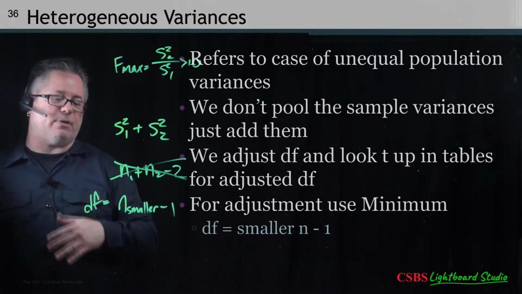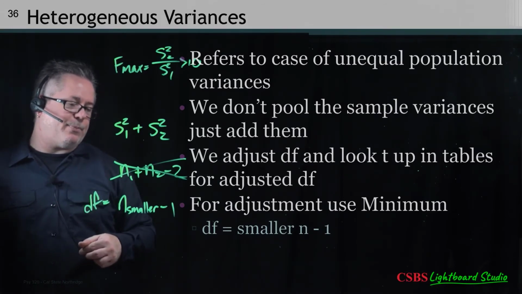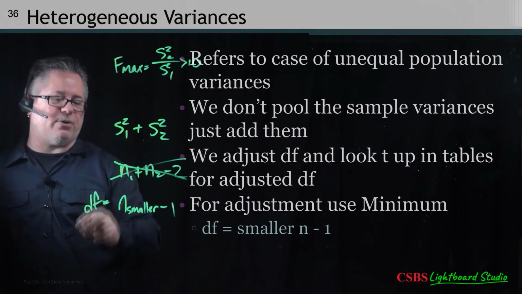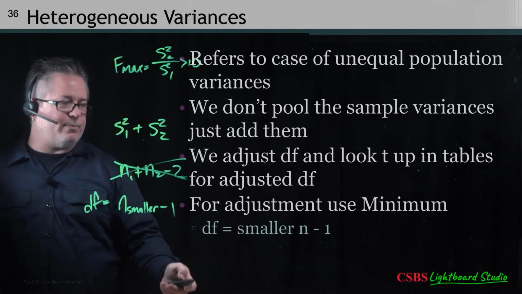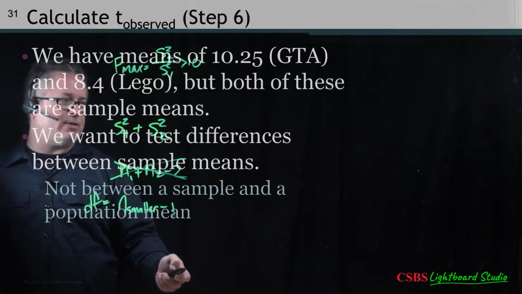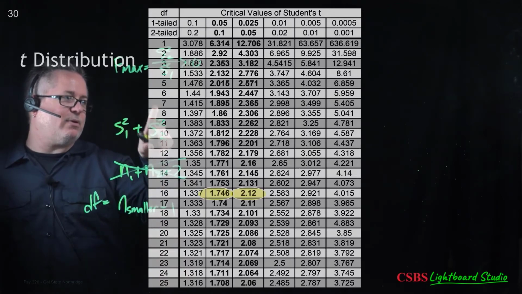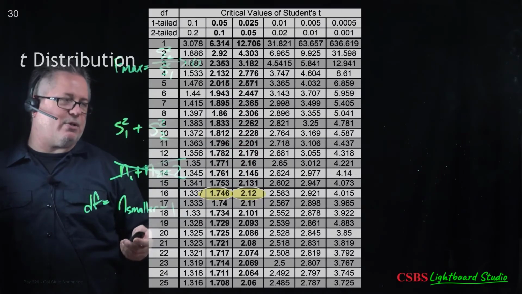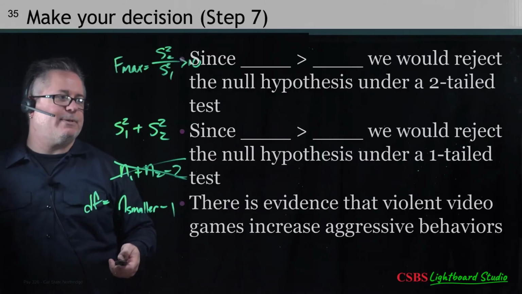So we're almost like handicapping the test so that we're going to use a larger standard error. And we're also going to use a smaller degrees of freedom. Smaller degrees of freedom, if we go back to our t table for a second, just to remind us, as the degrees of freedom get smaller, the critical values get bigger. So we're going to use a larger critical value and a larger standard error, which means a smaller t observed,